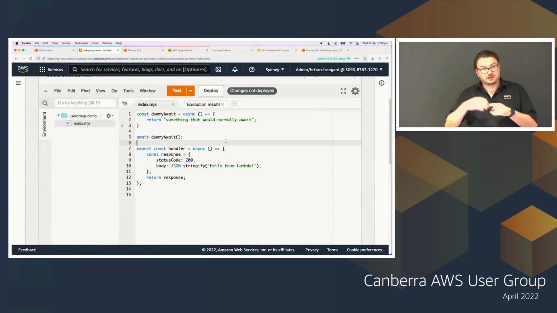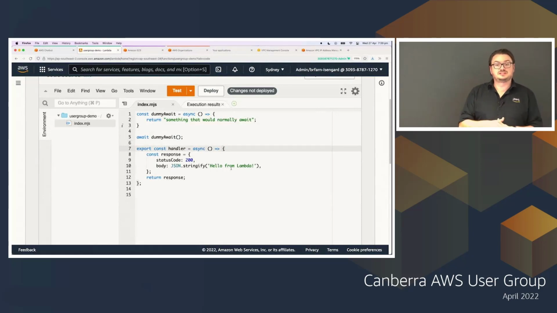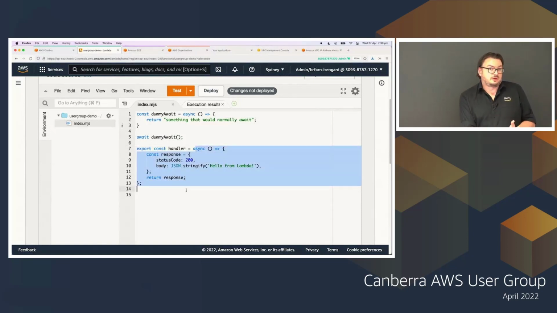Now, previously, I could just go through and put my await inside of the handler, and the very first time that Lambda function gets invoked, it'll go and do the things and store the variables and work with that the way it needs to work with it. But the problem there is that when it came to things like troubleshooting it, I wasn't able to then understand the difference between the things that were loading that were caching data as well as things that were running inside of the handler itself. By separating it out, I get a really clear syntax view of things that are the actual handler that need to run on every event, as well as things that I want to await for before